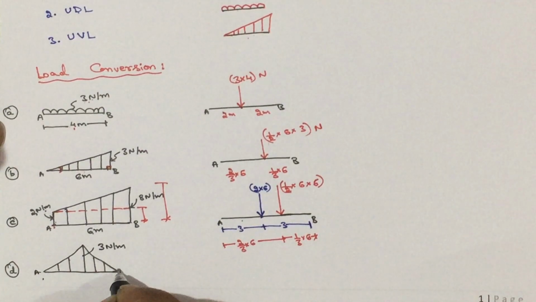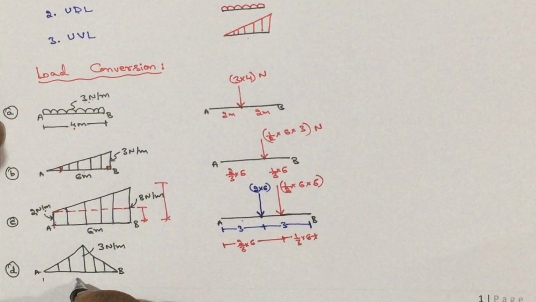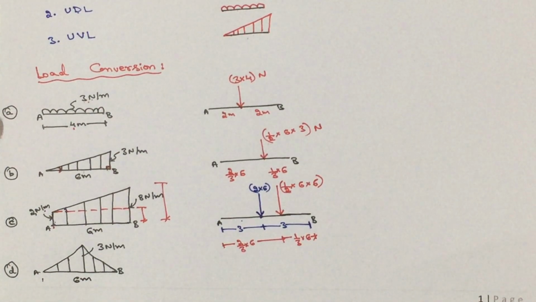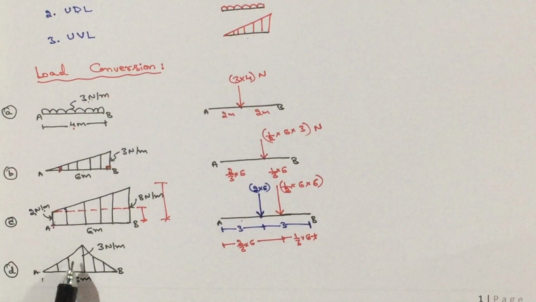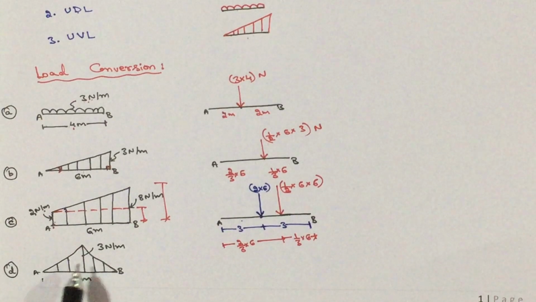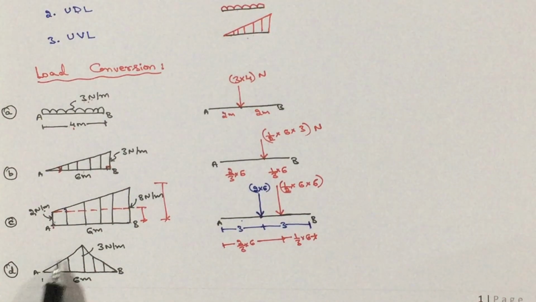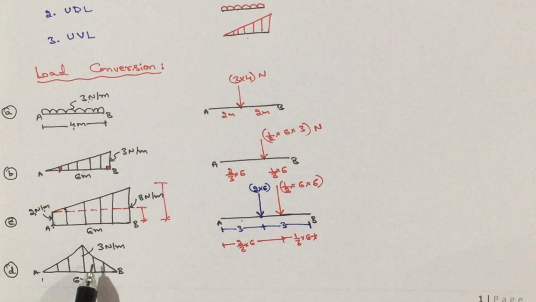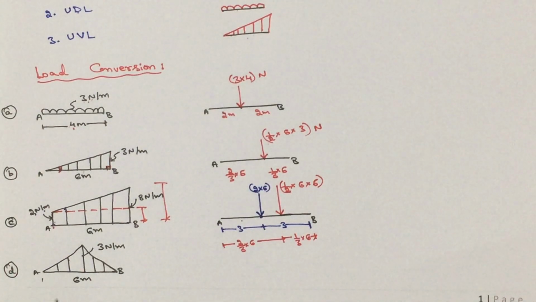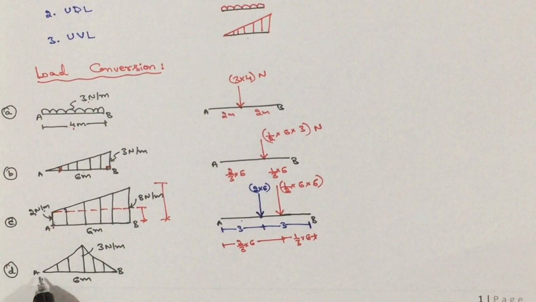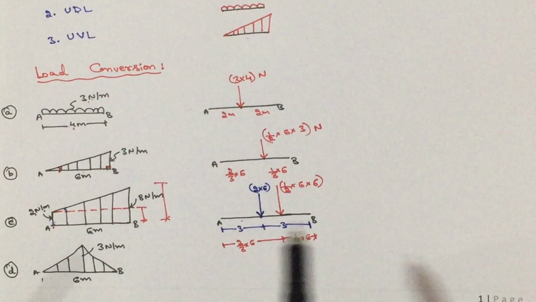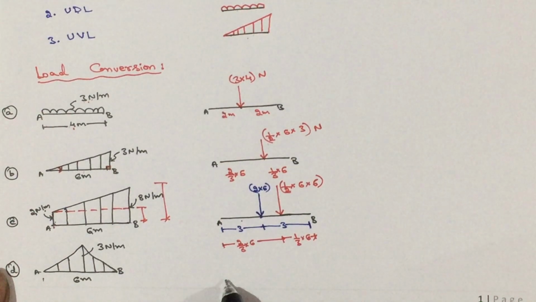This is A point, B point, and the total distance, let it be 6 meter. Now, how to convert this one? Here we have two options. Either consider half of the triangle, it will become a right angle triangle, UVL, then you can convert. Or since it is an isosceles triangle or equilateral triangle, what you can do means,